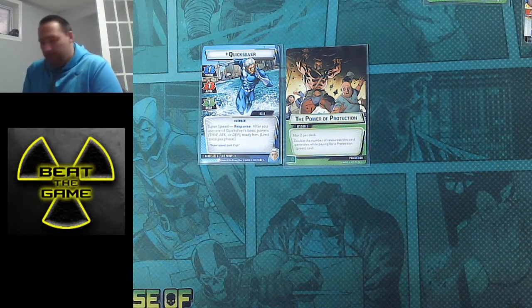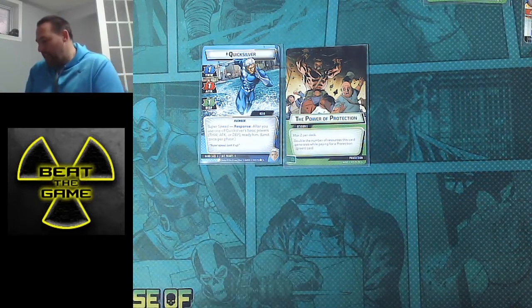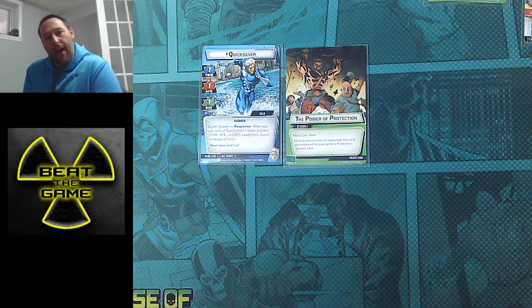Right now, Quicksilver protection with his defensive one and the attack of one, thwart of one. Does this really make sense, to have Quicksilver in protection? Now, again, there's four main strategies